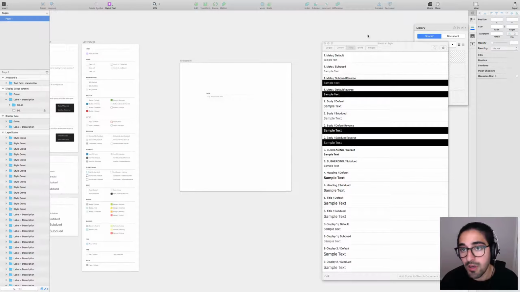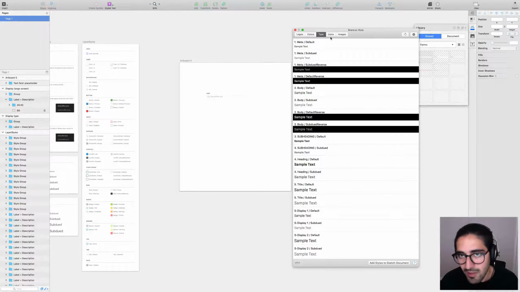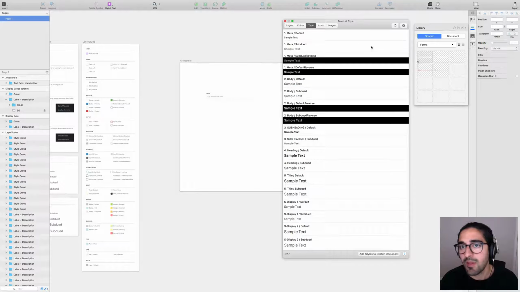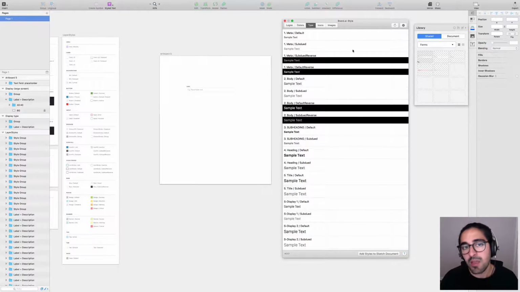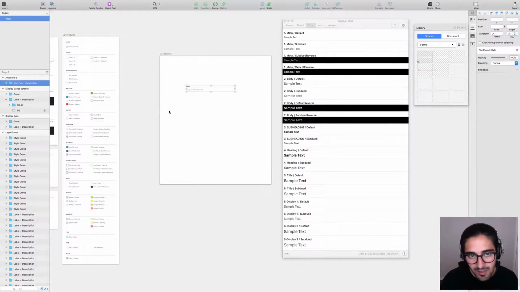Well, theoretically, if this worked, Brand AI has been giving me some issues recently, but theoretically, if this worked, you could keep text styles and layer styles synced using Brand AI, and then assets synced using